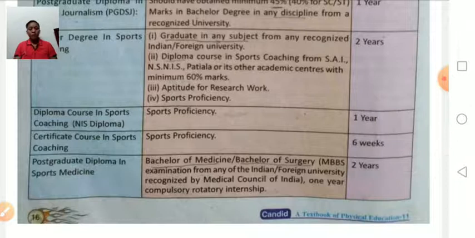Diploma course in sports coaching, that is NIS. For this, you should have sports proficiency in any game, and it is a 1-year duration course. Certificate course in sports coaching. For this also you should have sports proficiency in any game, and it is a